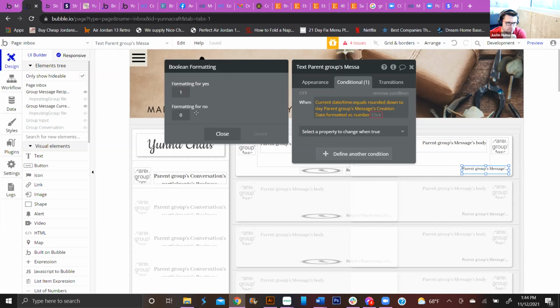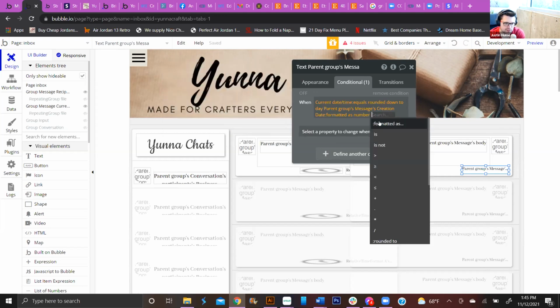And then change formatting for yes to be 0. And then formatting for no to be 1. We're just going to swap it, use a little hack. Yeah, close, and then click more. And then we're going to do, so formatted as number is